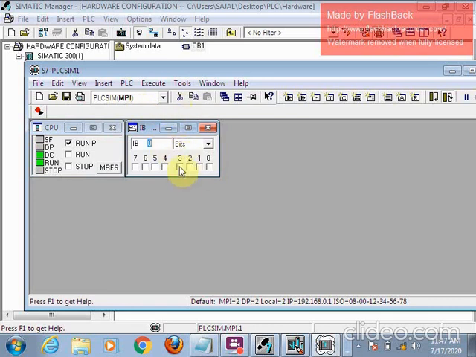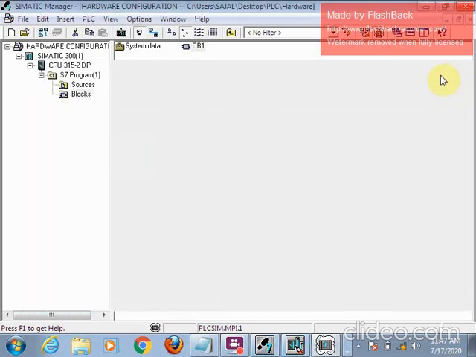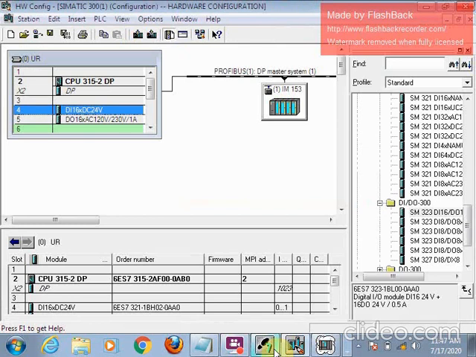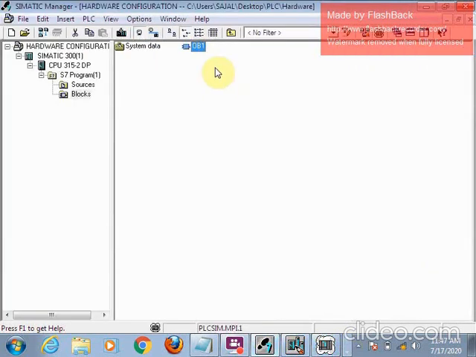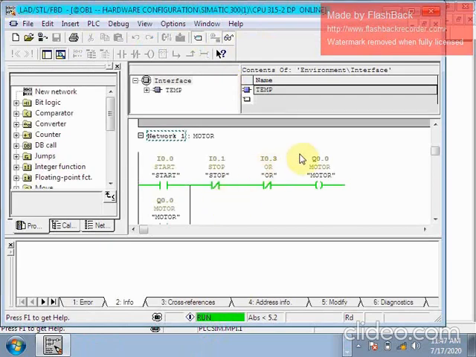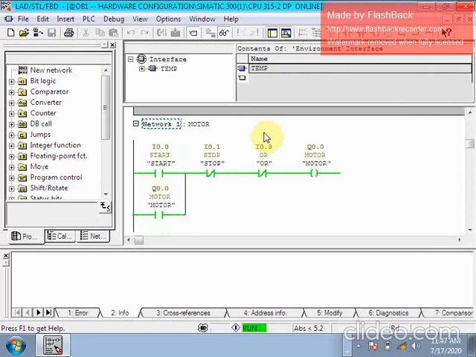Here I have inserted one input variable for simulating it. Here I will make I 0.0 high. So what you will see, I 0.0 is high. Since I 0.0 is high, and they are already NC contacts, that means the break is not coming.